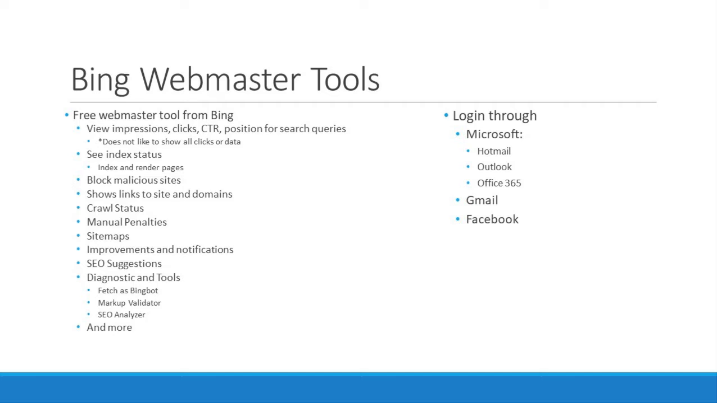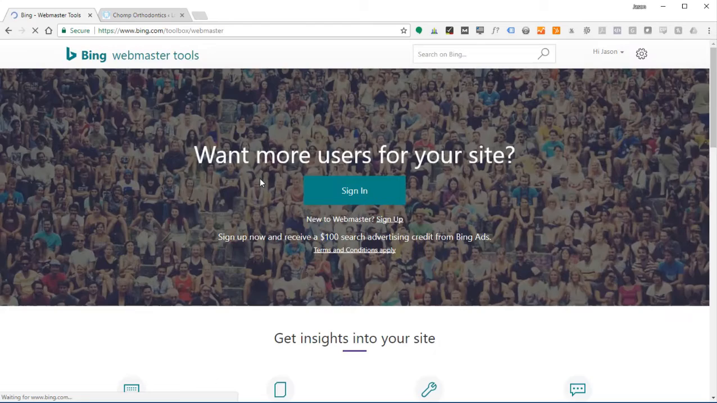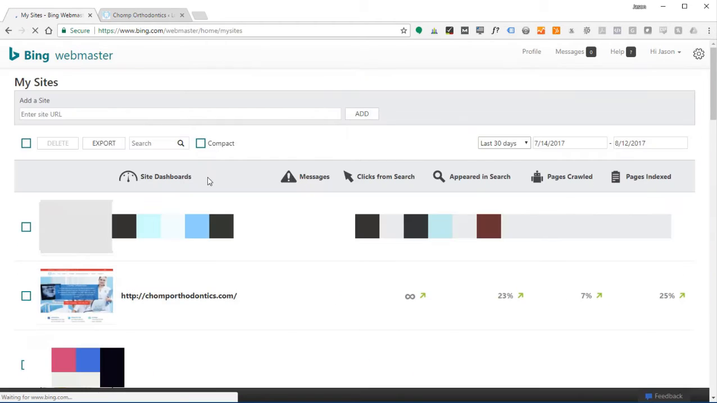There's a lot more, so let's jump right into setting up Bing Webmaster Tools on your local site. Go ahead and search Bing Webmaster Tools, or you can type in this URL, bing.com/toolbox/webmaster. Go ahead and sign in. If you want to add a site, put the URL in there,